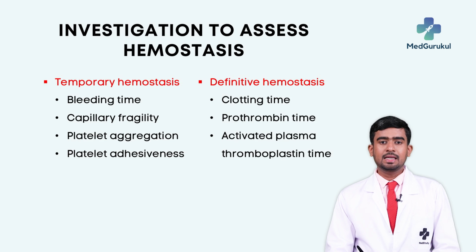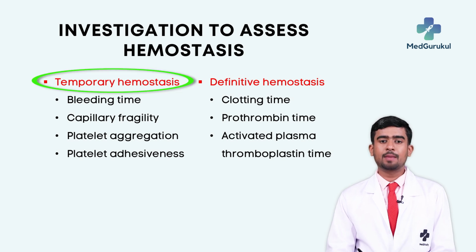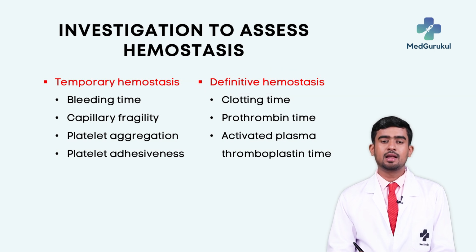So, now we will see various investigations that are done to assess hemostasis. We know that there are two mechanisms of hemostasis. One is temporary hemostasis and the next one is definitive hemostasis. Temporary hemostasis is the process of vasoconstriction and platelet plug formation at the site of vascular injury, which is just a temporary process to arrest the bleeding. And definitive hemostasis is the formation of blood clot at the site of vascular injury, thereby permanently sealing the site